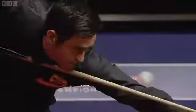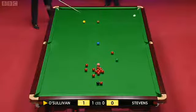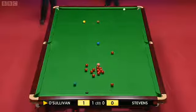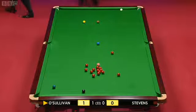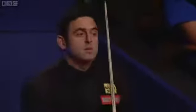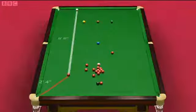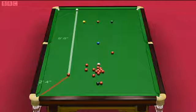Well, I'm just wondering if this cloth's off a different roll of cloth, because it really is flying. I mean, that shot of Ronnie's there, the white just seemed to keep going. I thought it was going to finish nicely on the brown for the middle, and it just kept on going to the cushion. And this was the pot, 9'6", and there's the angle, but...